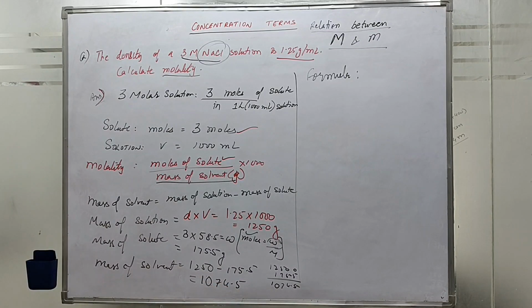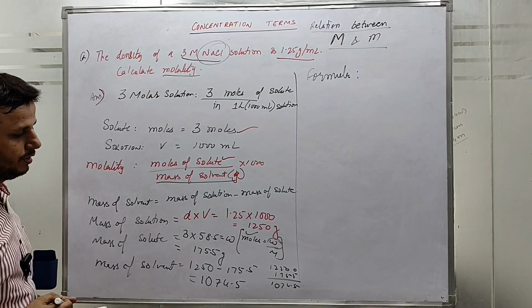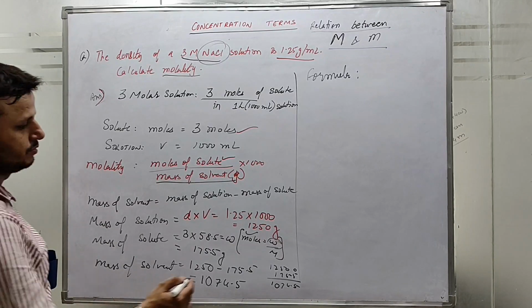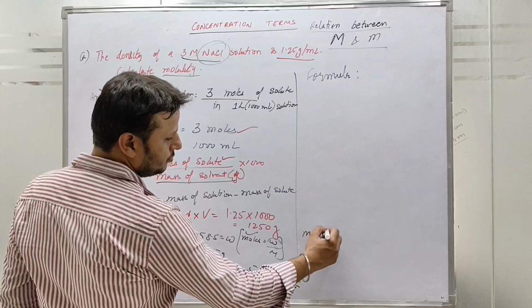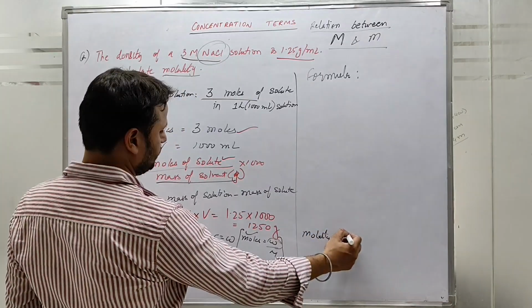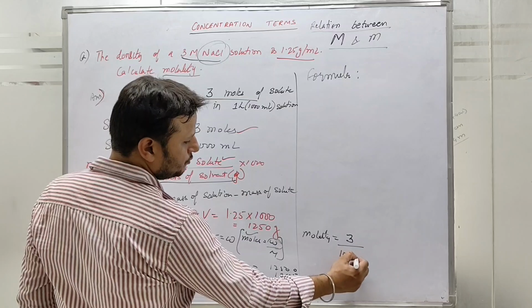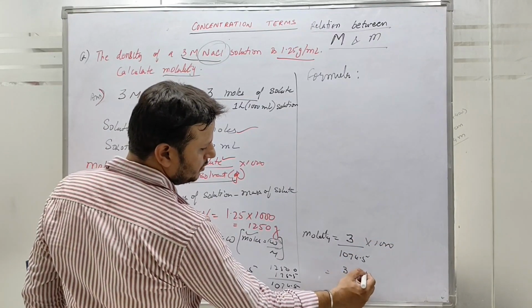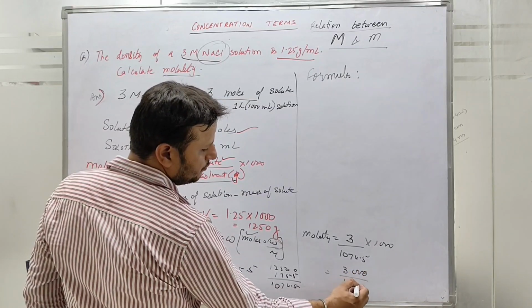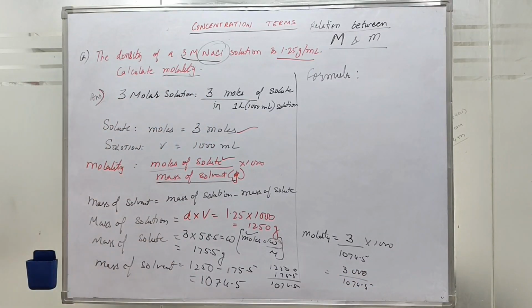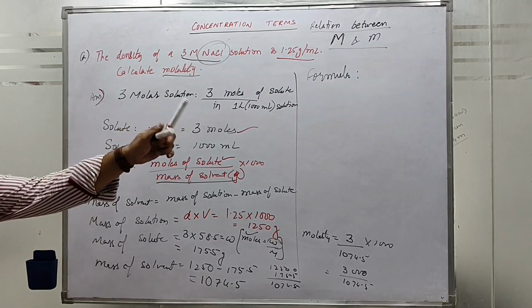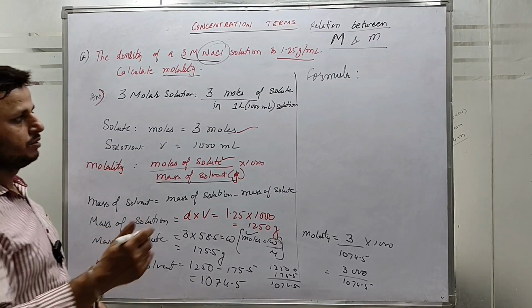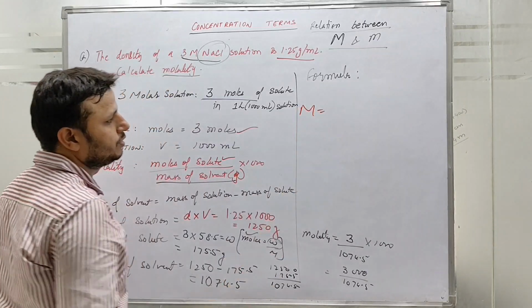So this will be the mass of solvent. Now we will make molality. Molality is equal to moles of solute by mass of solvent into 1000. So 3000 divided by 1074.5. देखिए इसी का हम कैसे एक फॉर्मूला बनाएंगे कि मोलैरिटी इज इक्वल टू,